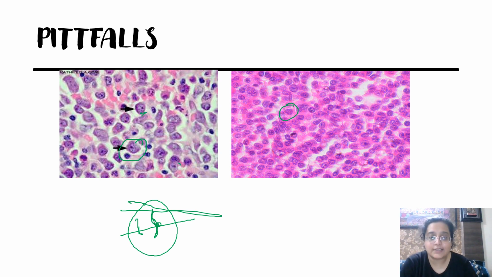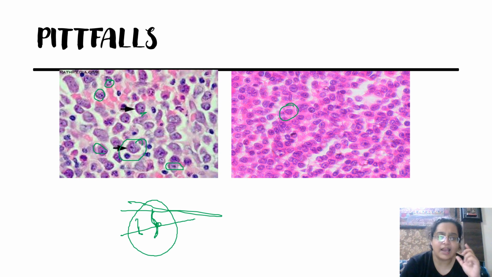See, this is somewhat linear. I'll try and see. This is somewhat linear over here. Okay, now this is cut round. But these are not blasts. The chromatin has opened up, but more like a chhanni, like a cribriform, not like a blast.